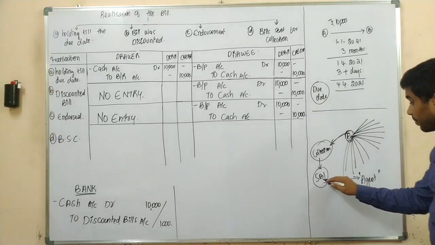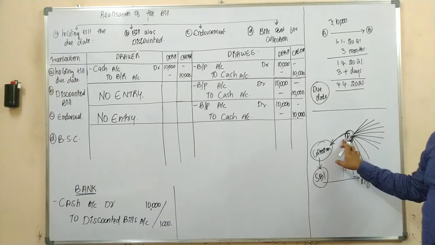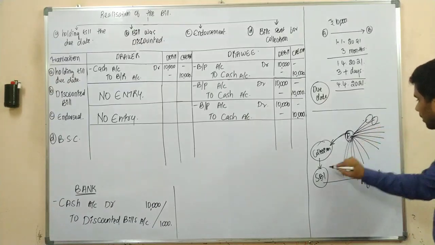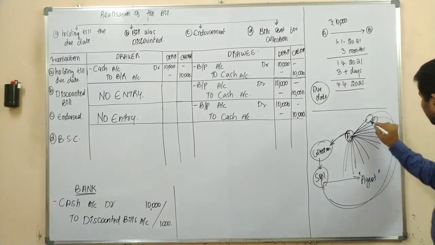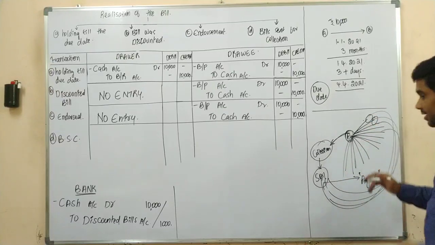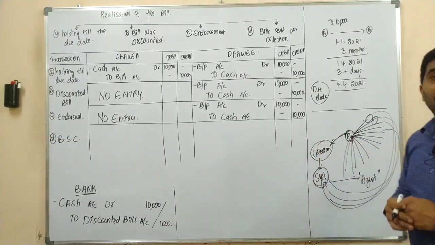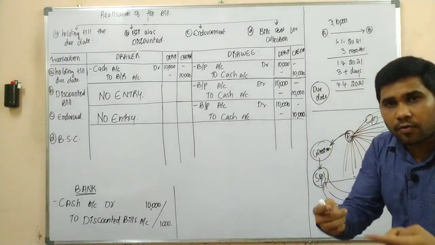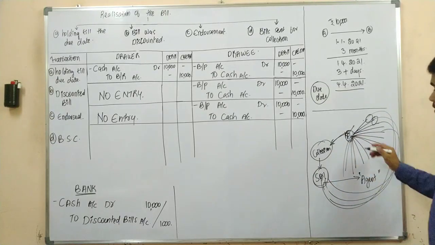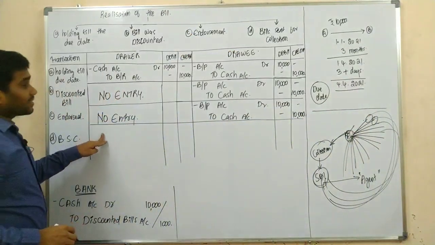Now, who is collecting the bills? SBI, in the name of Mr. A. Are you getting? SBI would be collecting. So upon various due dates, SBI would be approaching various different drawees, and the SBI, the banker, would be collecting the amount on behalf of Mr. A. Yes or no?